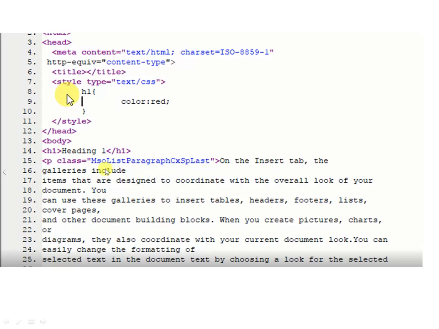But now suppose I want 5 h1 red and 5 h1 blue, or 5 h1 underlined or 5 h1 italic. So we will do some coding in CSS and achieve that requirement using CSS. But we have not learned that yet, but we can do it in CSS.